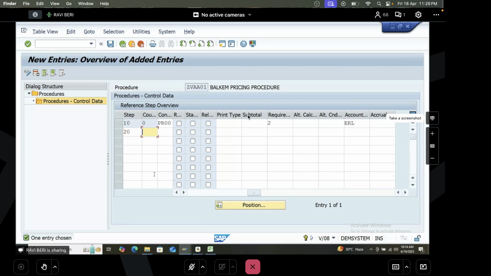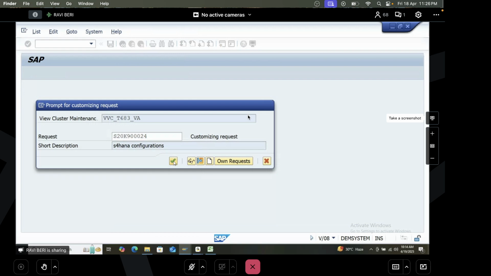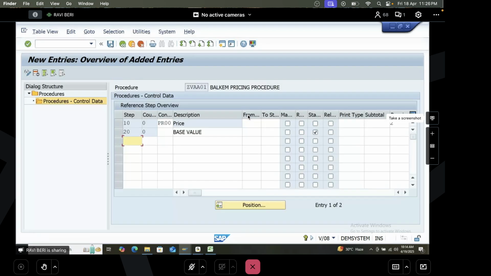Step 20, base value, check statistics. So for step 20, there is no condition type. Base value, description, just. Next,